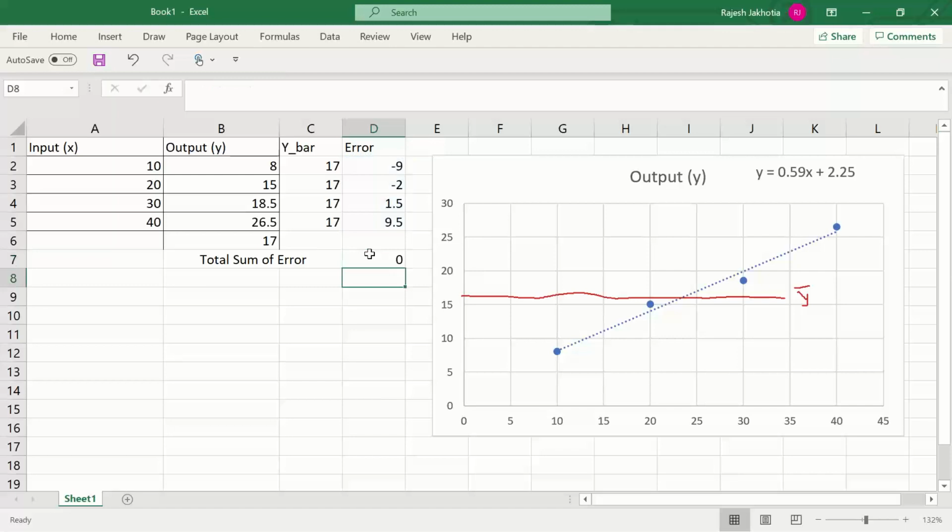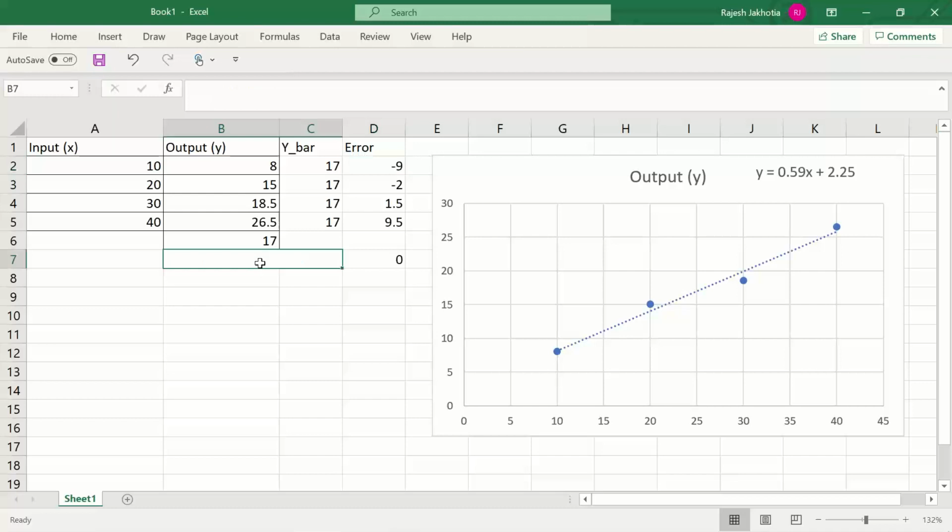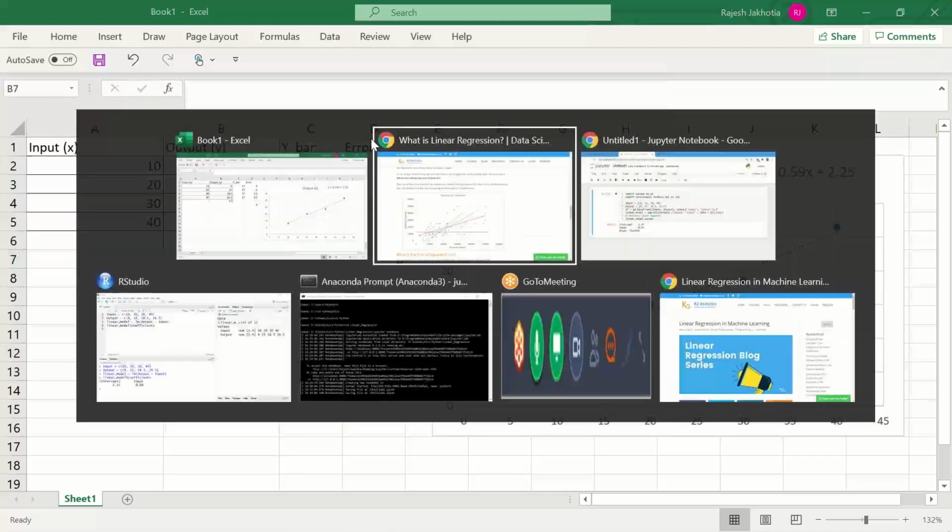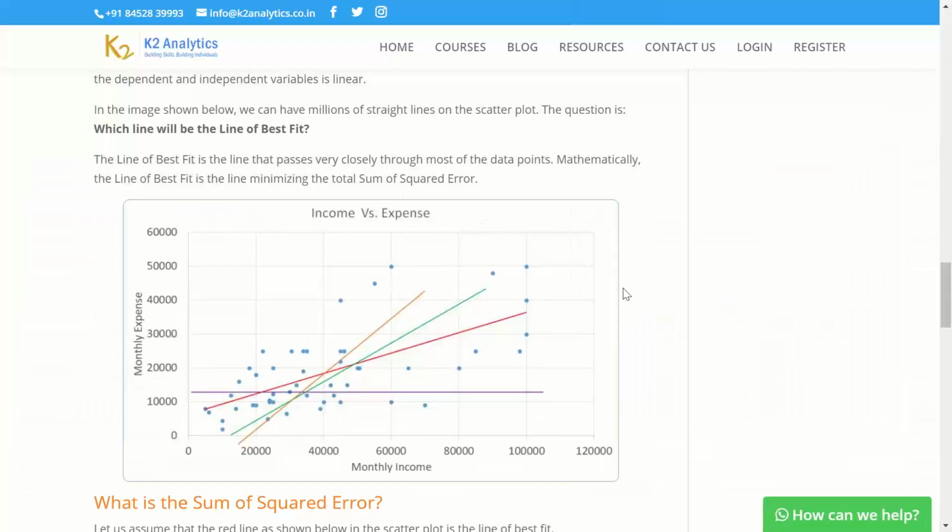I have got a line of best fit, but you can clearly see these predictions are way off. As such, we do not define line of best fit as one which minimizes the total sum of error. There is definitely a reason, and we say line of best fit is the one which minimizes the total sum of squared error.